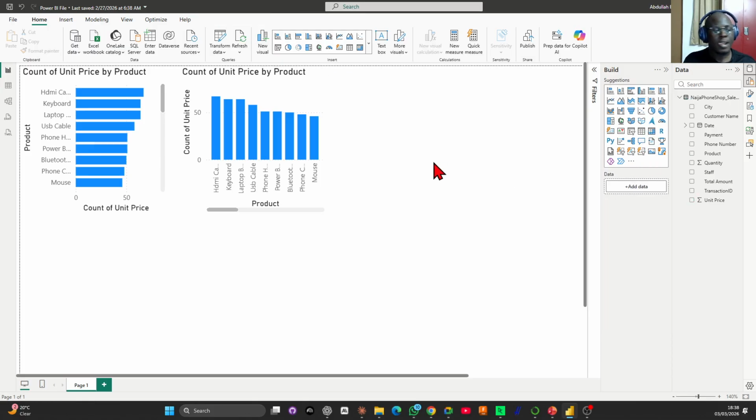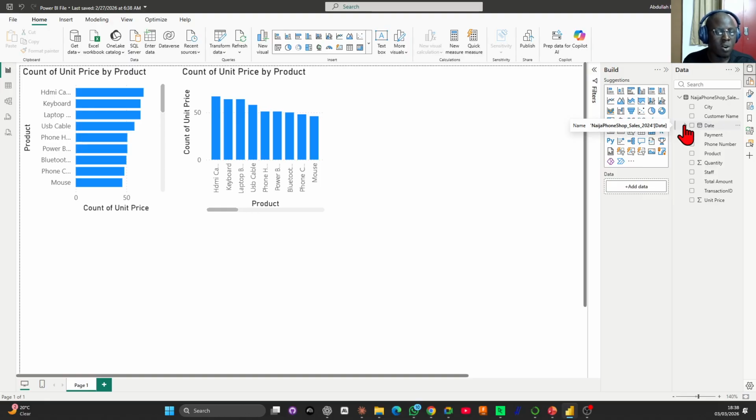Now let's say I want to do a line chart. Earlier, what did I do? I was the one that chose the chart. Let's see whether the intelligence in Power BI will be able to detect it. So first, I'm going to click on date. Now, let me tell you something, everybody. If you look at these dates, do you notice that there is an arrow in front of date? What is that arrow telling you? That arrow means that the intelligence in Power BI has seen that that date is a date format. And since it's a date format, it's going to have